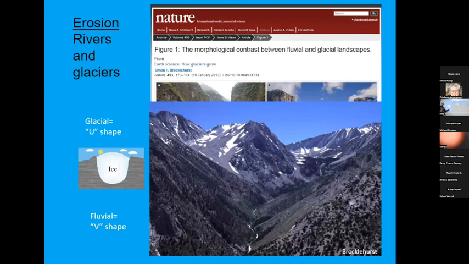Do glaciers erode much more than rivers? Do rivers erode much more than glaciers? A lot of people are focused on this in the Himalayas, in the Andes. And that's one of the things that led me to write that grant proposal, which we've been focused on now, which ultimately led me to say, oh, I'll give this talk on how mountains erode down and rise up.